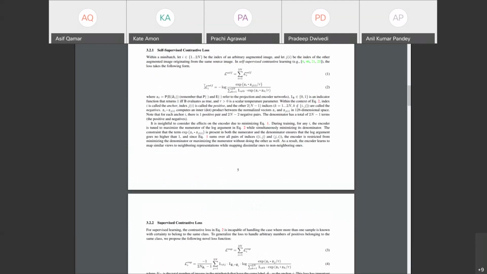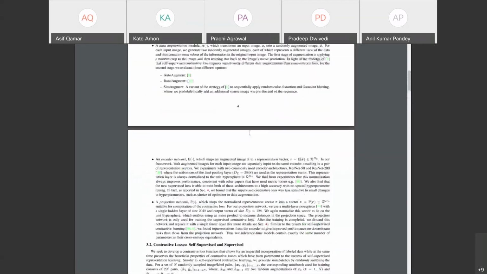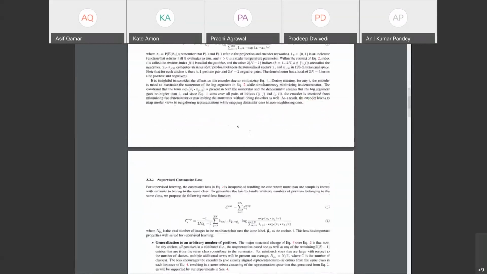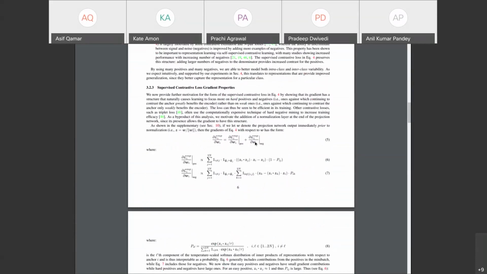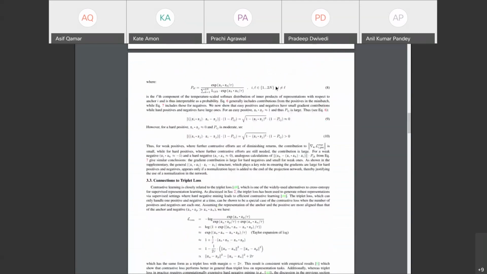So, for example, can I look at this and ask, how is it different from the loss functions that I'm used to? Well, this gets a little bit mathsy when you do engineering math or data science with me. You learn to recognize immediately how this is different from what we have been doing. And that is a crucial thing to identify right away: why should I read this paper? What makes it so special? What is the main contribution of this paper? Once you do that, then with sufficient mathematical background, you can easily start breaking it up into pieces, like positive cases, negative cases. Pretty much the same thing you do for a classifier's loss function.